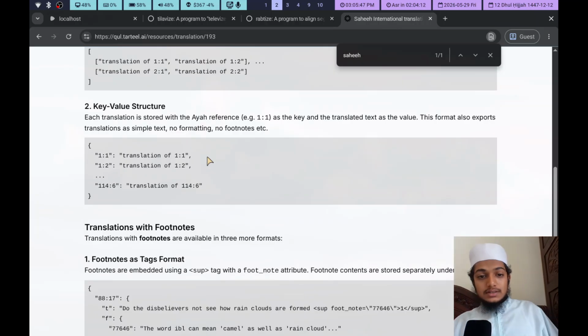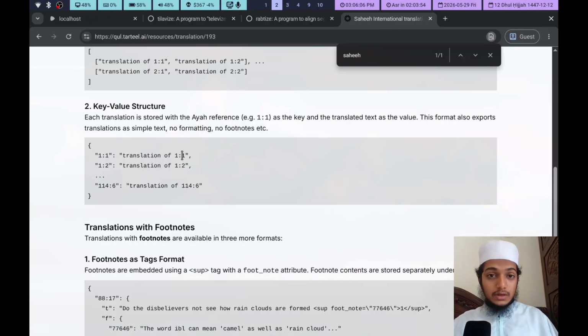Now the thing is that because we need to split it, meaning if a verse is too long, we're gonna split both the text and the translation. So for that, we're gonna need this translation of each verse to be split into phrases.